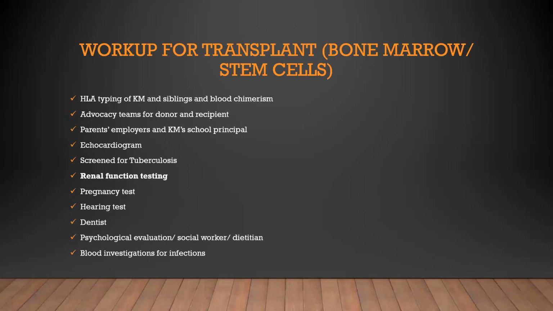And we had already had in the meantime the HLA typing of Miss KM and her youngest 6-year-old sibling, which showed a match. So the typing was done at the South African National Blood Service and at DKMS, and chimerism testing also was done. And there were 2 different teams serving as advocates for the donor and for the recipient to try to minimize coercion. As alluded to, the relationship was quite conflictual between both parents, and that has often had to be addressed in subsequent visits.